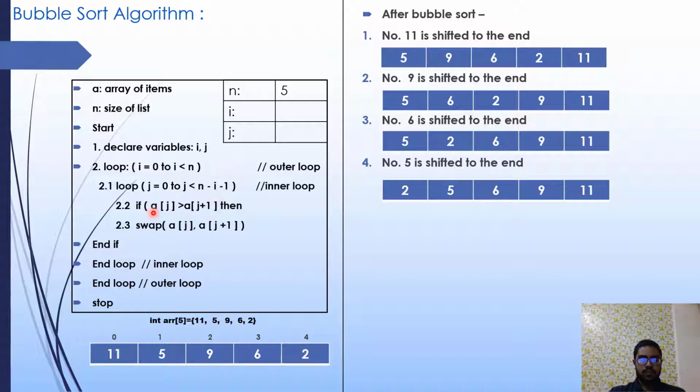So the 11 is greater than the value 9. So the swapping will happen, the 11 will take the place of 9 and the 9 will take the place of 11. This will continue until the 11 reaches its final destination, which is here. As we can see, after the first shift, the 11 will end up here, and this will continue until the